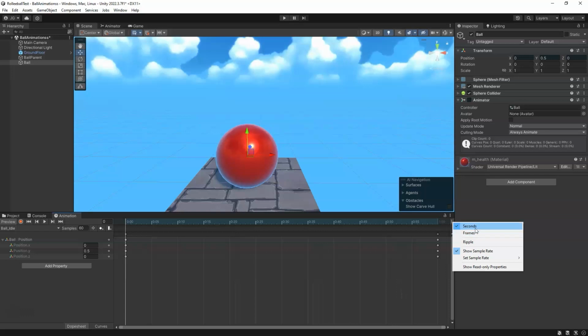We could view our timeline in seconds or in frames. We could show sample rate, which you want to make sure that's turned on. Whoops. Turn that back on. And that will allow us to kind of see what the sample rate is. So here we have essentially a second, where if I click play,